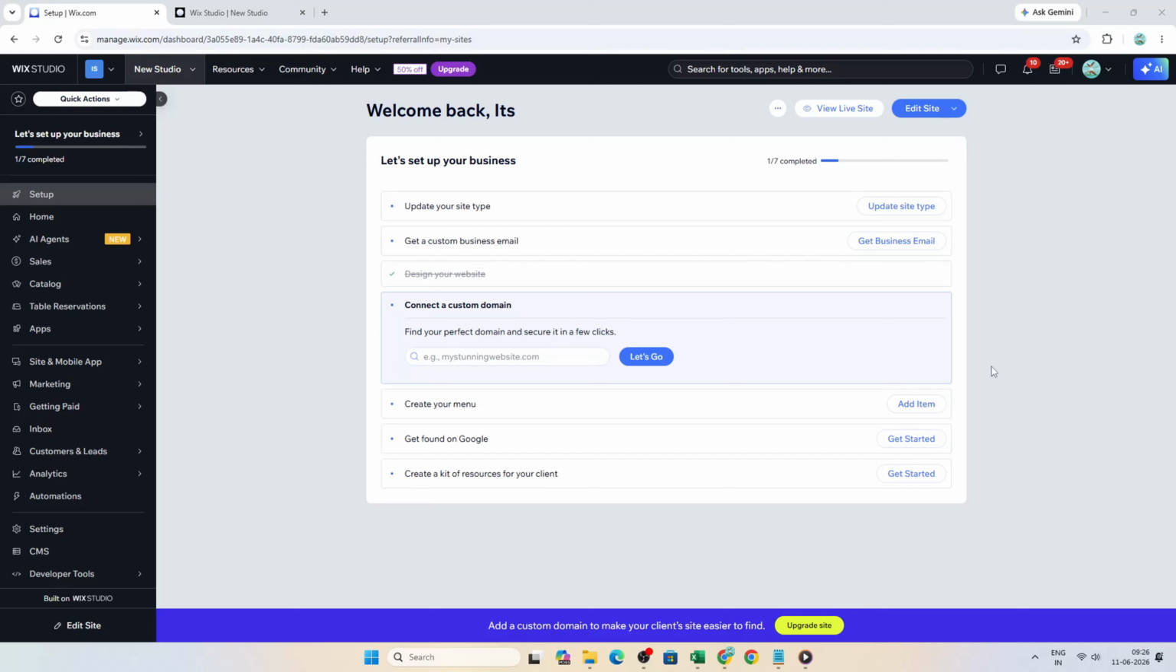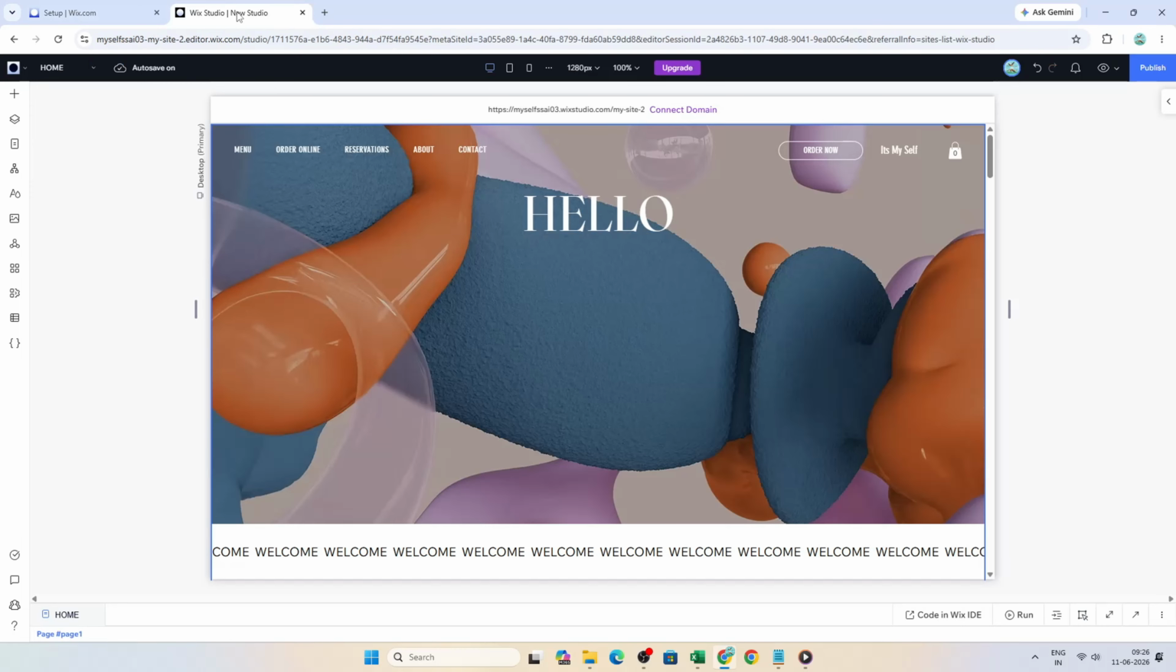In today's video, I'm going to teach you how to connect Wix Studio to GitHub. To get started, open your site project inside the Wix Studio editor. Make sure you are in the correct project before you begin, because this setup will connect that specific site to